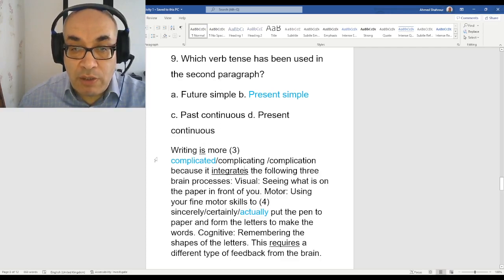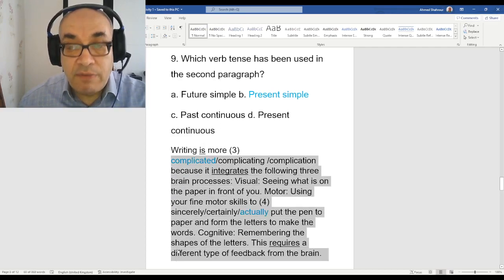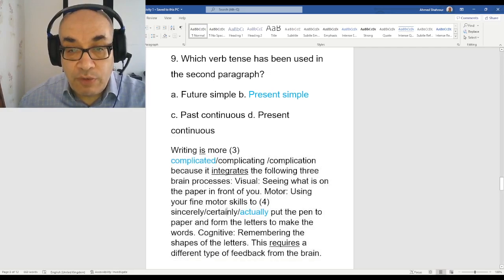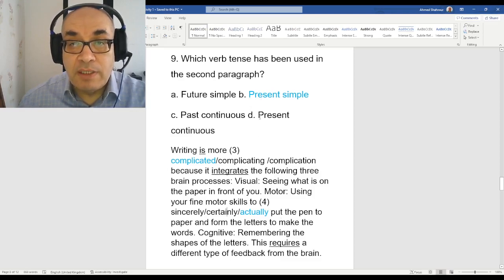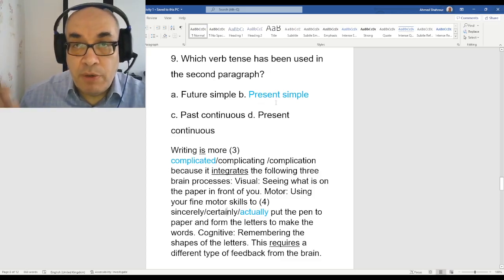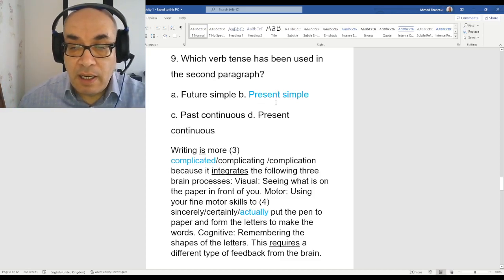So I'm going to read all this until I find the verbs. And I find 2 verbs. "Integrates" is present simple and "requires" is present simple. So I take present simple. Because I put the answers for you in blue so you can see the answers and think about why these